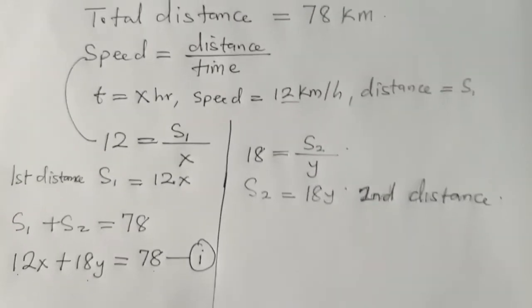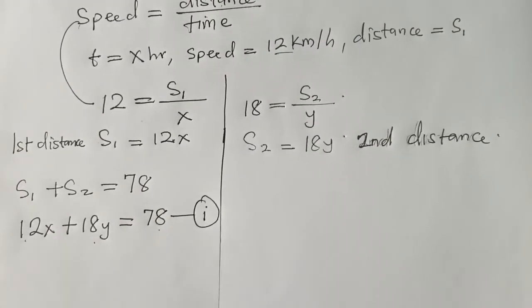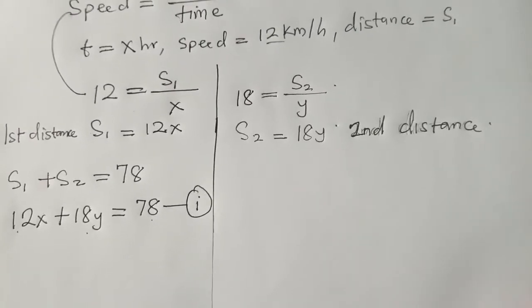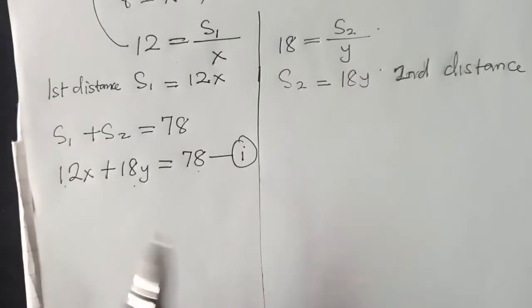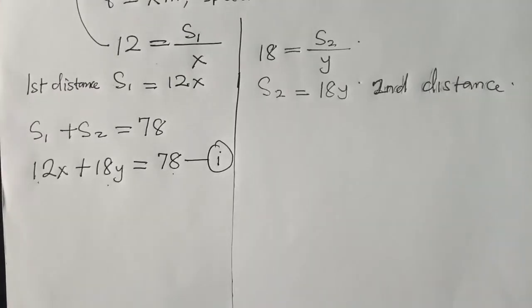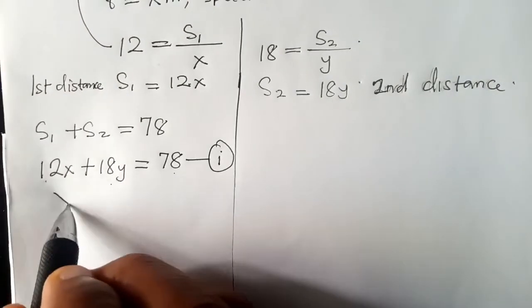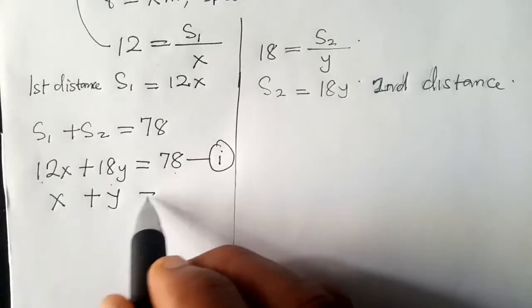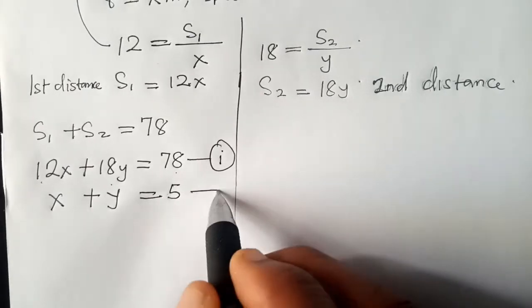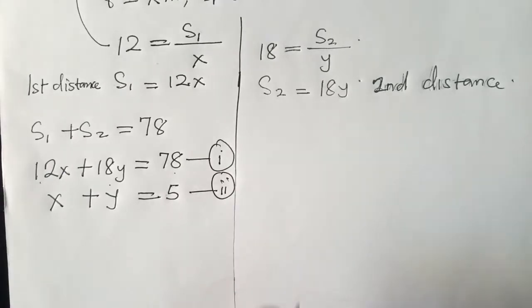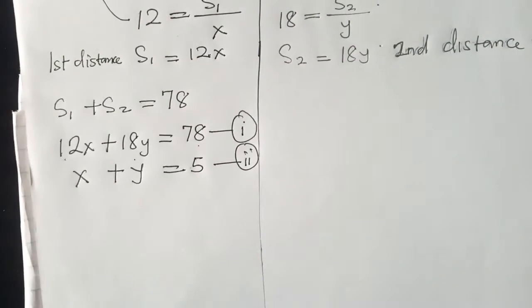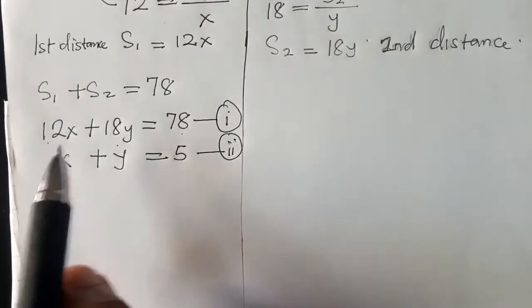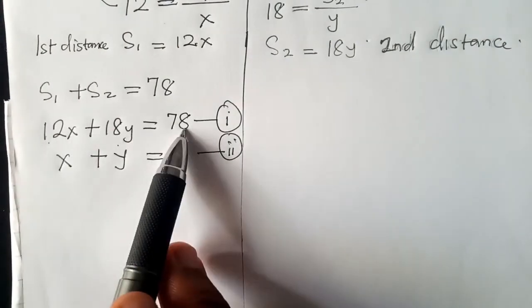Now that means there was a first time for the first circle, and there is also a second time for the second circle. Therefore, the first time is x, the second time is y, and the total time for the two of them is 5 hours. So I have a second equation. Now this is clearly a simultaneous equation,